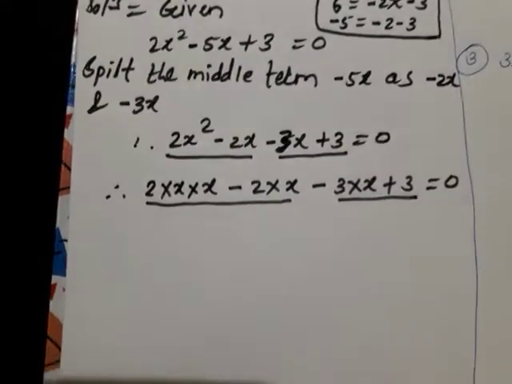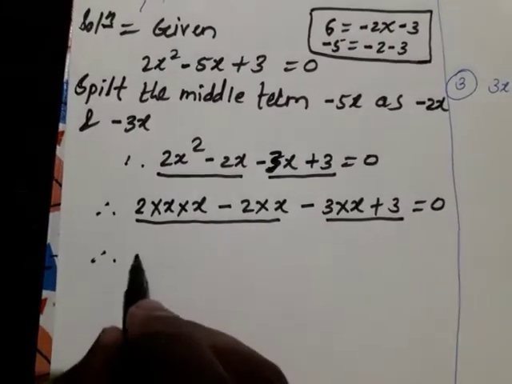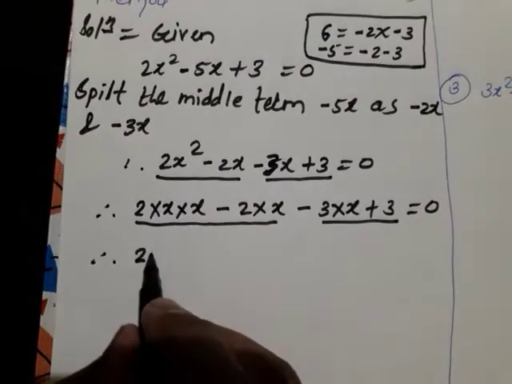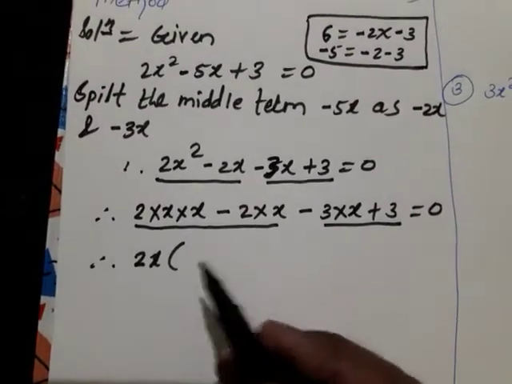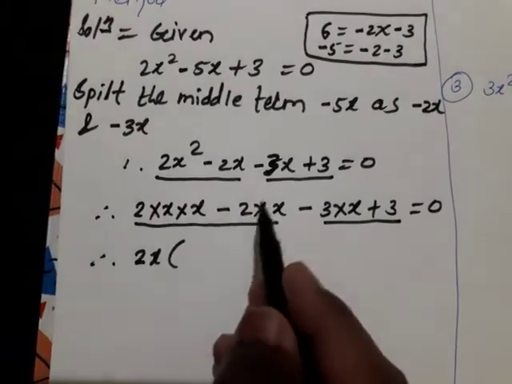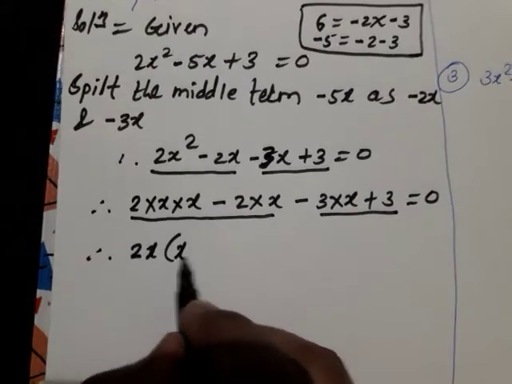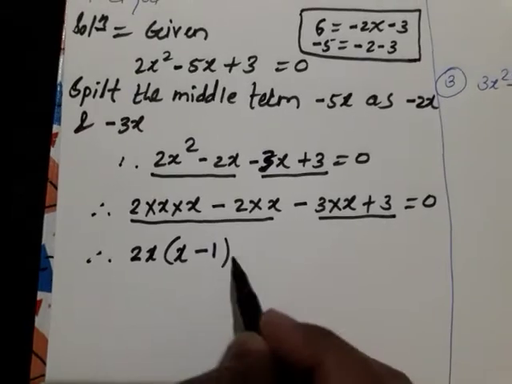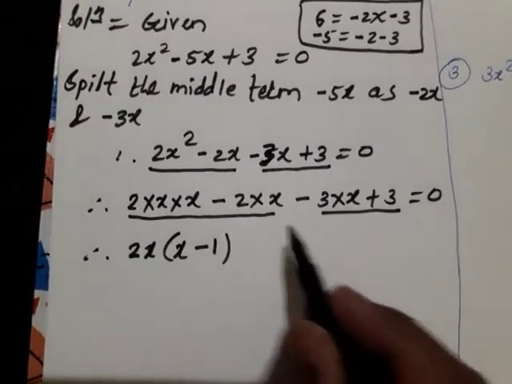Okay, now if you see carefully, you will come to know that here many things are common. What is that? 2 is the common factor, take it out. x is the common factor, here is x, take it out. What will remain inside? Look here, in the bracket, whatever things remain we have to write in the bracket. Here x remains, we have taken out 2x. Here 2x we have taken out, here x remains. Okay, and the middle sign is minus. Here nothing remains, which means what? 1 remains. Don't write 0, remember, here we have to write 1, nothing remains means 1.